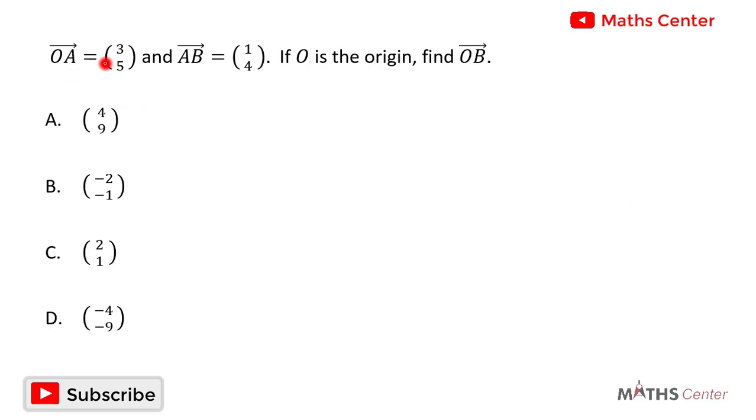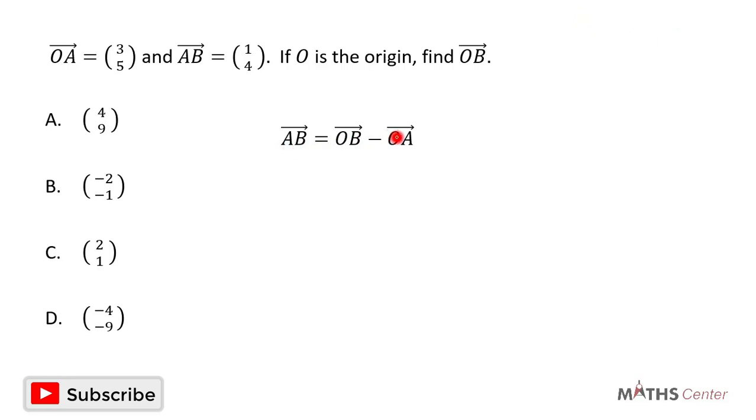Vector OA is 3, 5, and vector AB is 1, 4. If O is the origin, find the vector OB. This is a multiple choice question, and so we will solve the question, and after that we will pick the correct option. The vector AB is equal to the position vector of B, which is given by the vector OB,